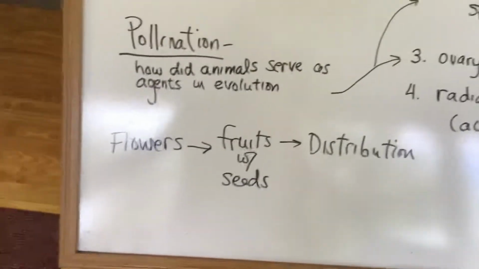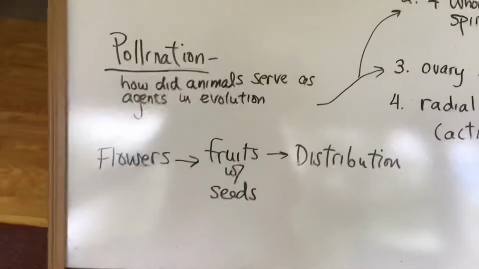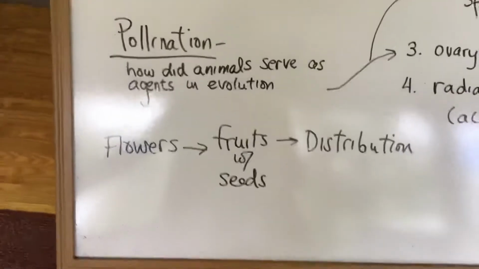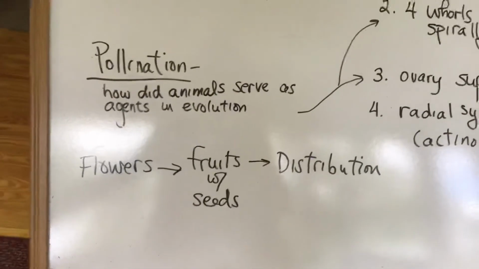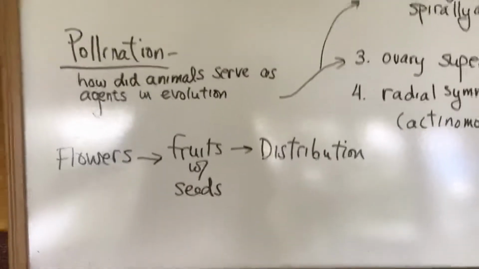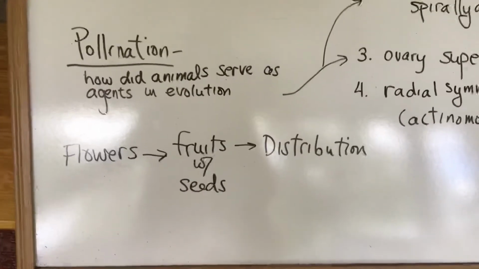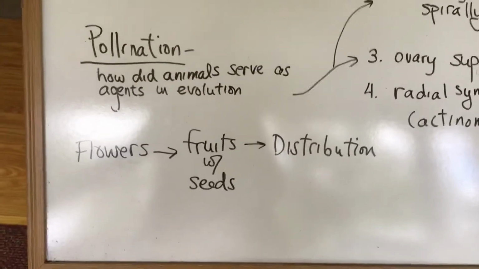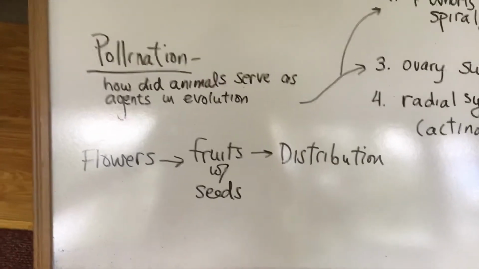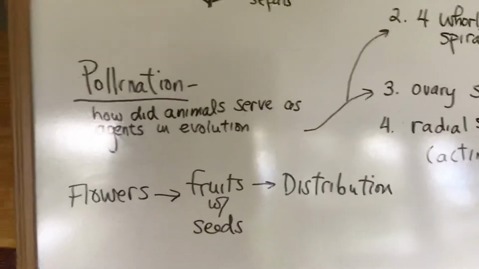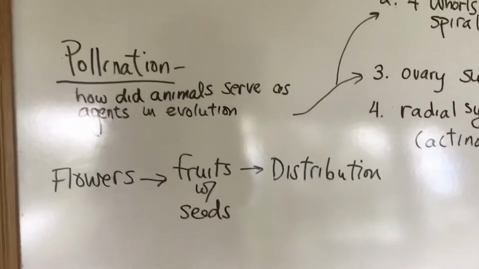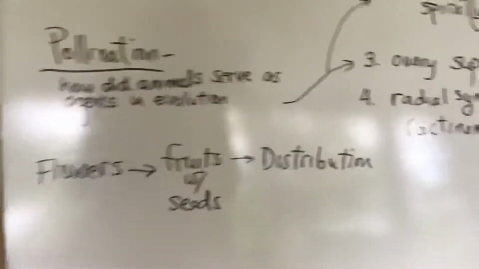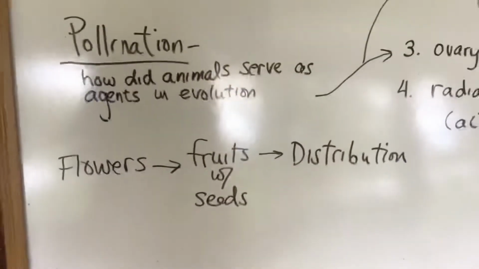All right. Now, flowers also are going to develop into fruit. So what happens is the ovary, generally speaking, the ovary wall is going to develop into a fleshy part, or at least a protective part, around the ovule, which, because of pollination, will be fertilized and become a seed. Okay, so the fruit is the ovary wall that is changed, either a fleshy or dry structure around the seed, and that is basically how the new little plant is going to get